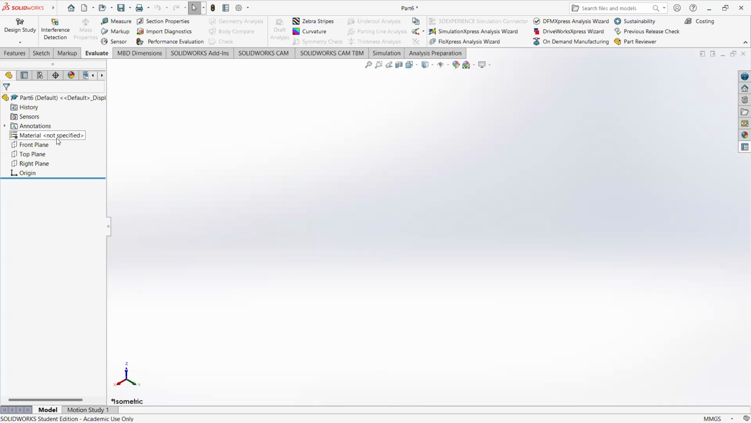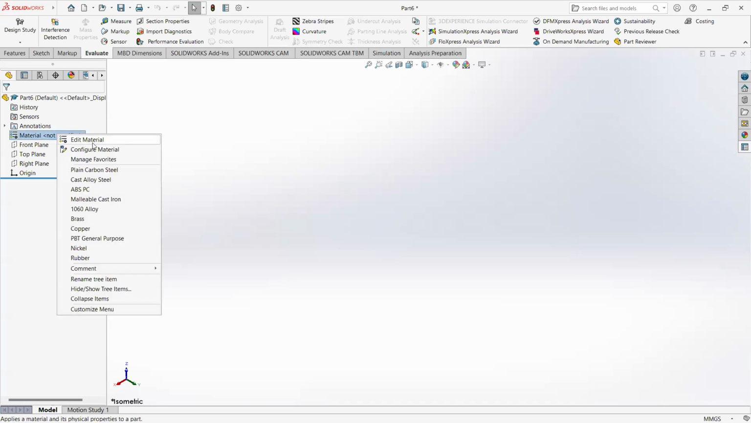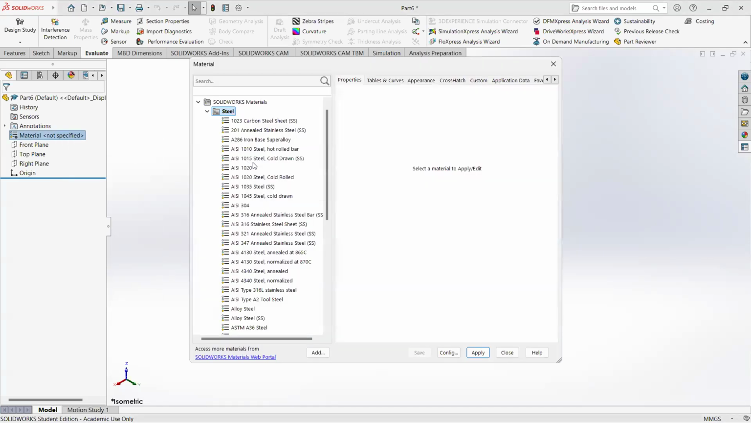So to change material, I'm going to change it right up front. I'm going to come over to my feature manager, right click on material, and edit it. And for the part, like I said, I'm making this up on the fly. I'm just going to pick